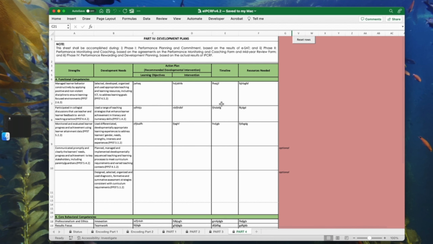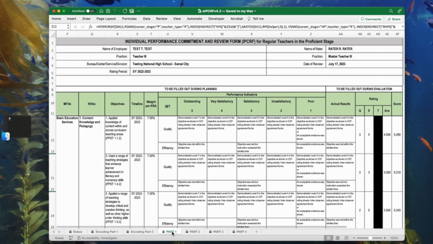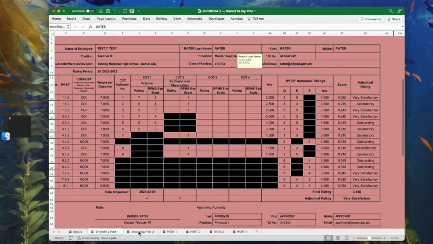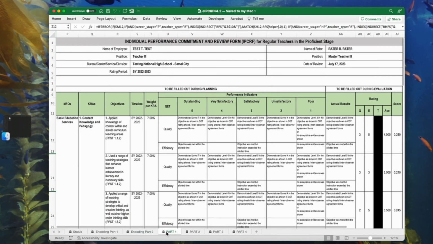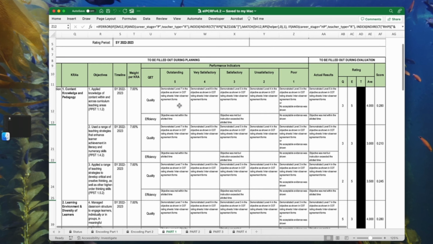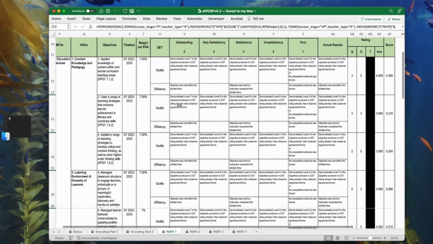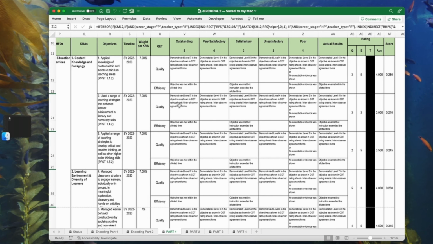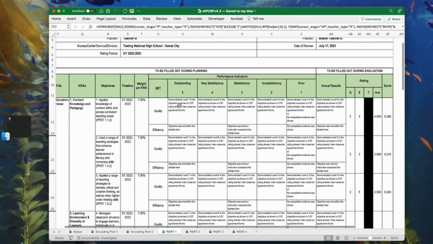Now that you've finished inputting or encoding your data, you may now print the different parts of your e-IPCRF. Now note that only parts 1, 2, 3, and 4, or only these sheets should be printed. No need to print encoding part 1 or encoding part 2. Parts 1, 2, 3, and 4 are the only sheets that were formatted for printing. So if you look at this sheet, you will see that your input have already been formatted into the correct template. So when you print it,